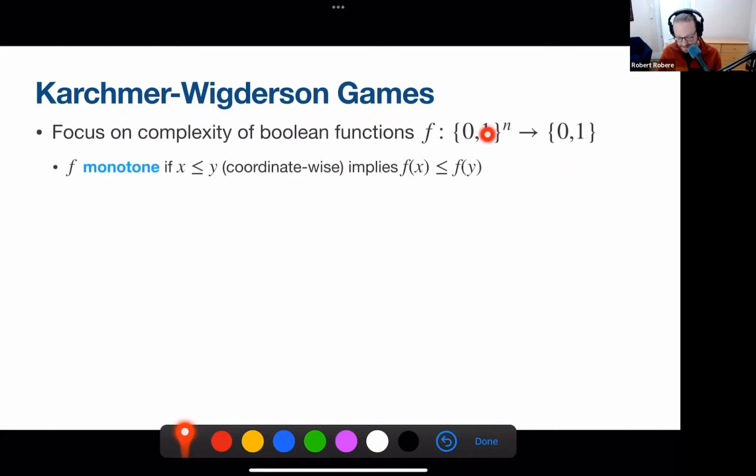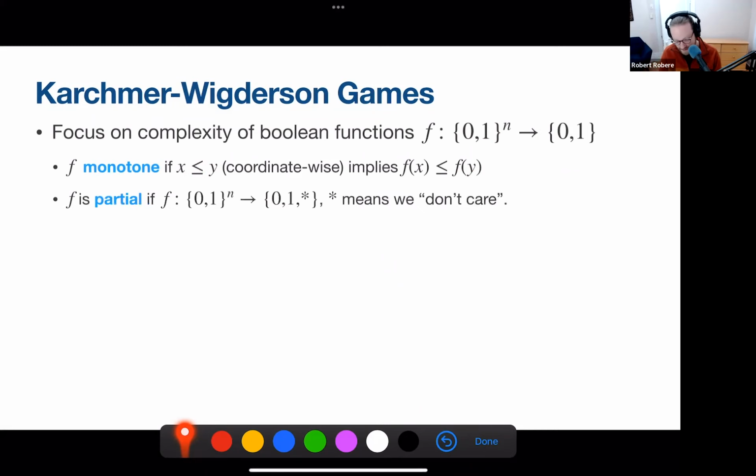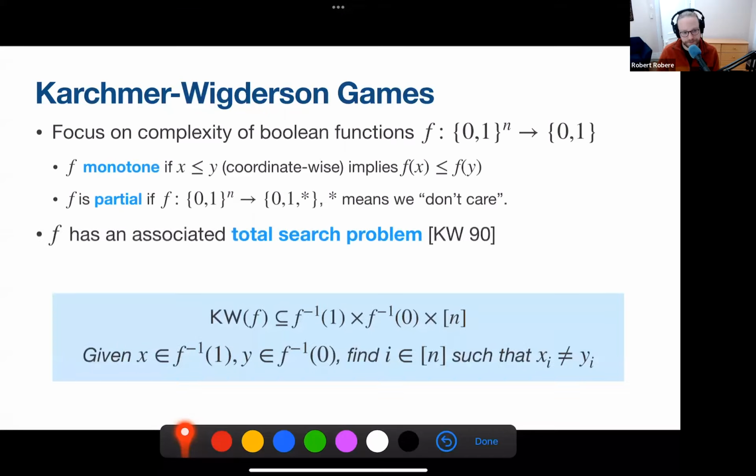Given a Boolean function f, I'll say that f is monotone if whenever x is less than y coordinate-wise, then f of x is less than or equal to f of y. Think of clique: if I keep adding edges, I can't make a clique disappear. And f is a partial function if I don't care what the output is on some of the inputs. Now Karchmer and Wigderson showed in the 90s that any Boolean function f has an associated total search problem,